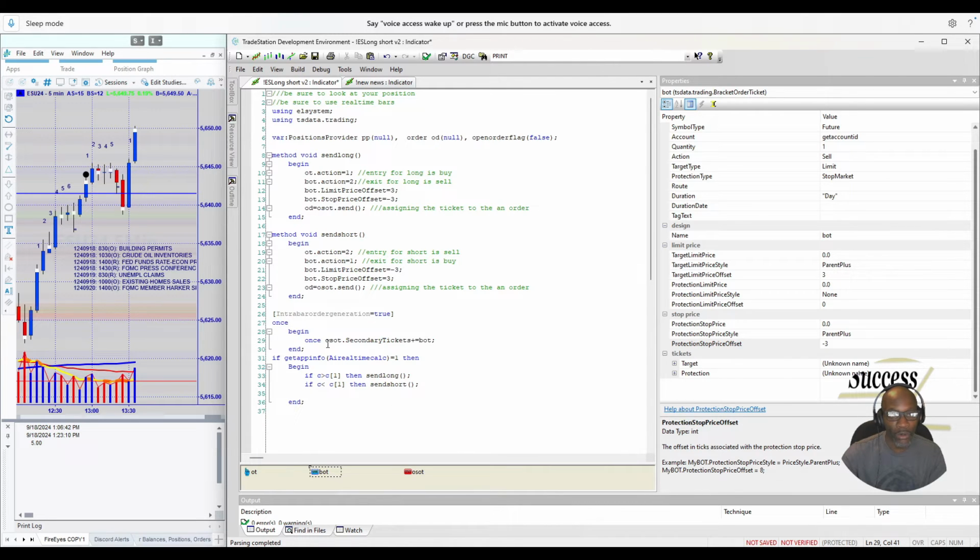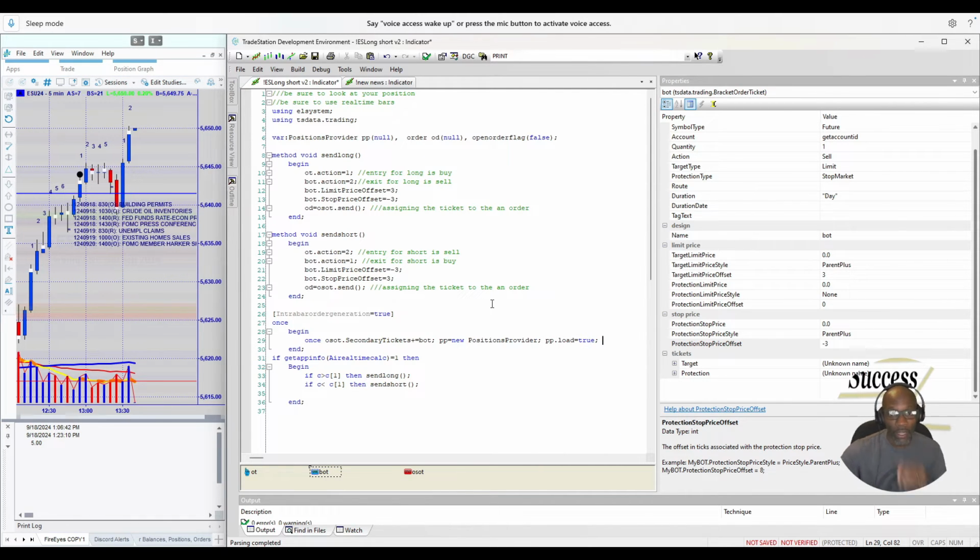All right, so in our once statements, we're going to also add that we have a PP, positions provider, and that's got to be new. Okay, and then not only that, but when you have any of these providers, you have to load them. So pp.load equals true. All right. So now that we load the positions provider,